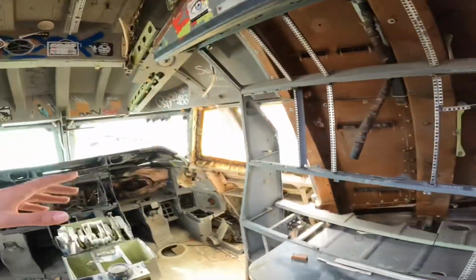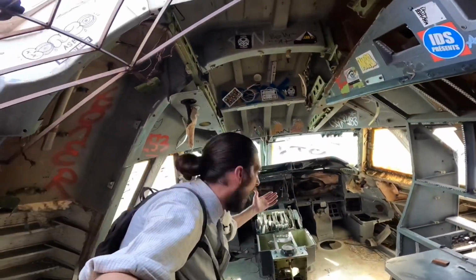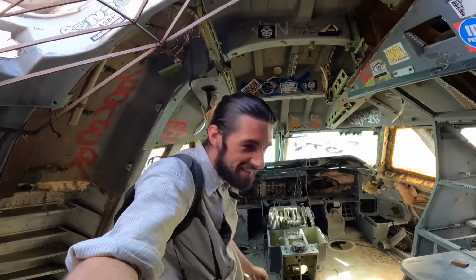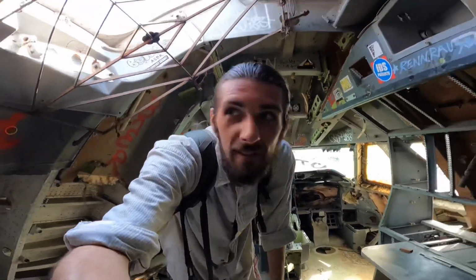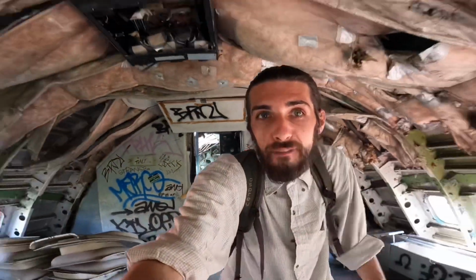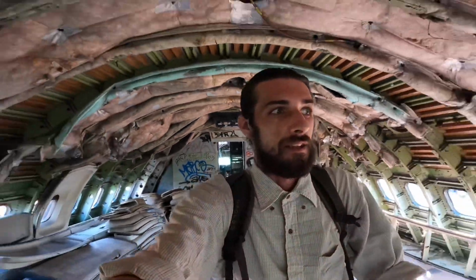I can't believe I'm in a cockpit. As for my thumbnail, what? I'm in a bloody cockpit. I can't believe it. In Bangkok. I'm in Bangkok City, in a Boeing 747, in a plane's